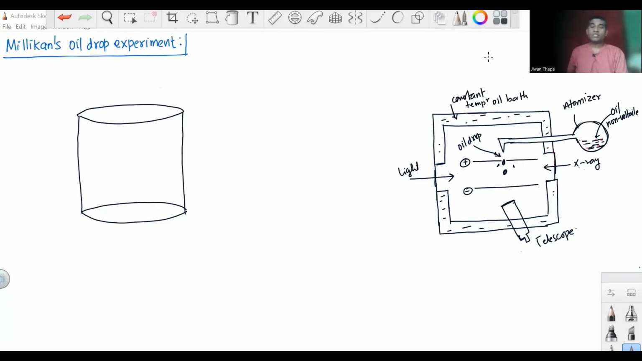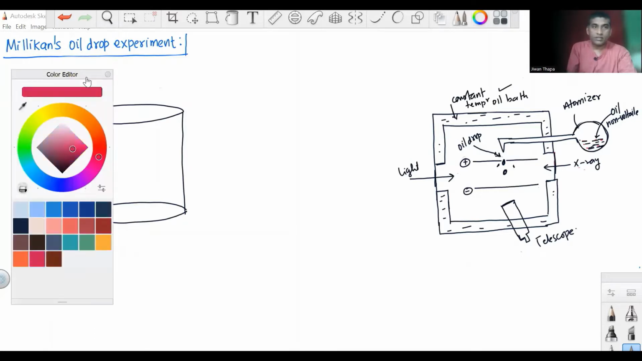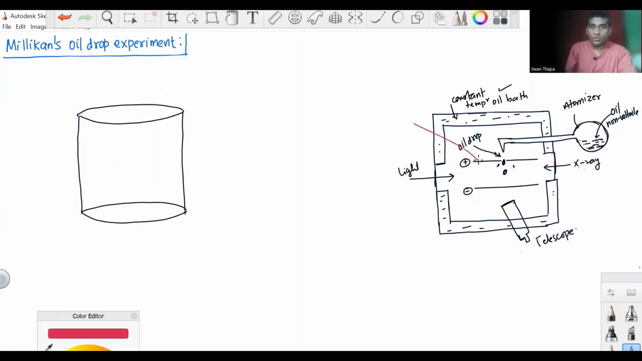Millikan carried out a series of experiments and demonstrated the discrete nature of electric charge. He measured the charge on the electron. The experimental setup consists of a constant temperature oil bath, and there are two circular metallic discs. Okay, so I'm drawing. So there are two circular metallic discs